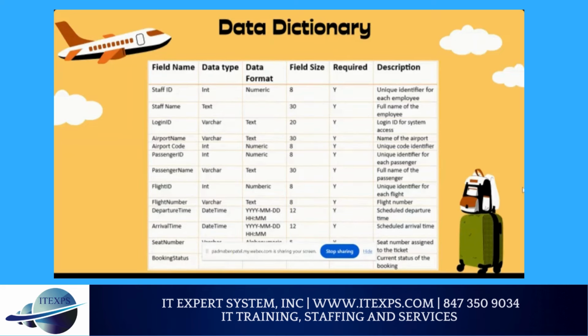Thank you, Neha. Since we're working with data in this project, the data dictionary was needed to help better understand the flow of information. Here we have the field name, which gives a clear picture of the different attributes. Data types state whether it's a number, text, or alphanumeric, and how the data will look. The field size dictates how many characters a field can contain. In this case, all fields are required for this app. Lastly, the description explains what each field is.